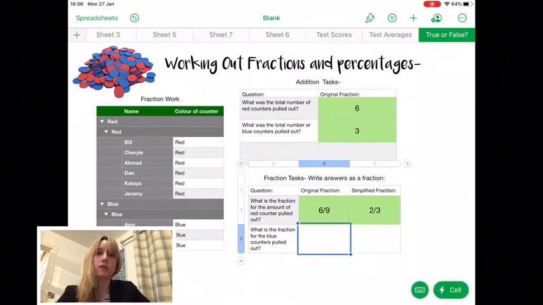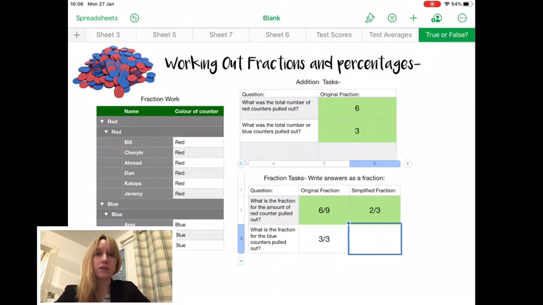So lots of practical uses in the classroom, and hopefully this will be something that you'll be able to use,